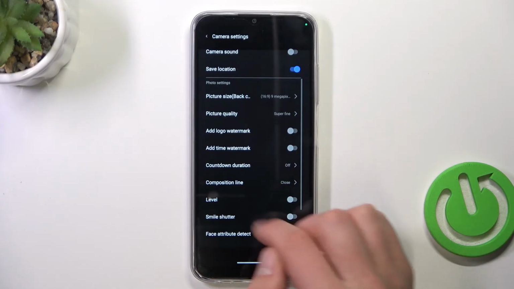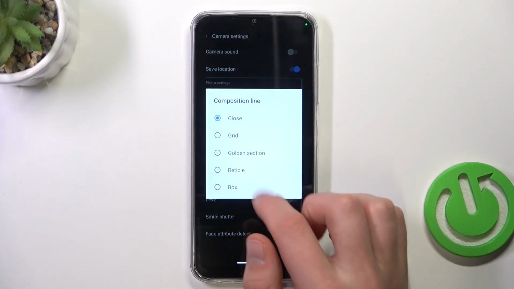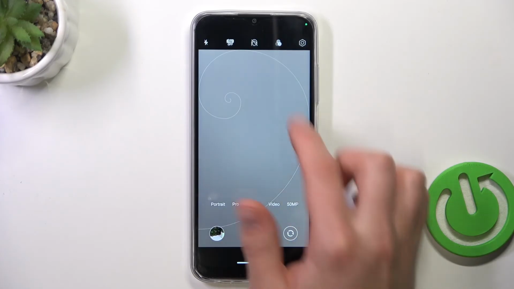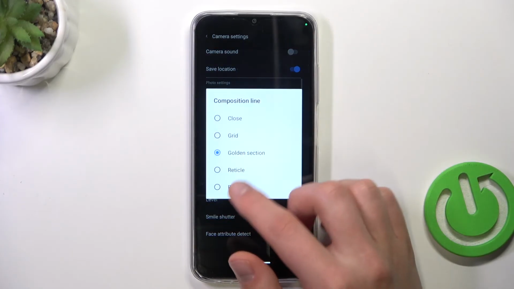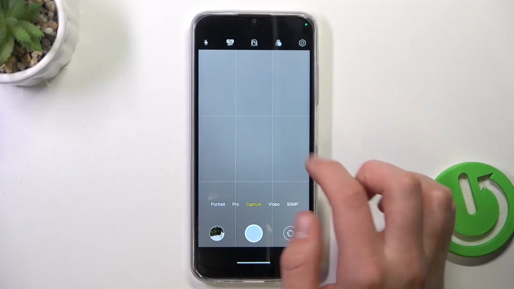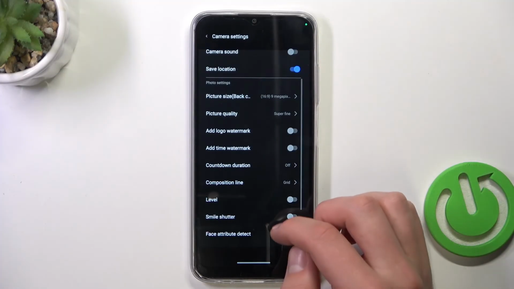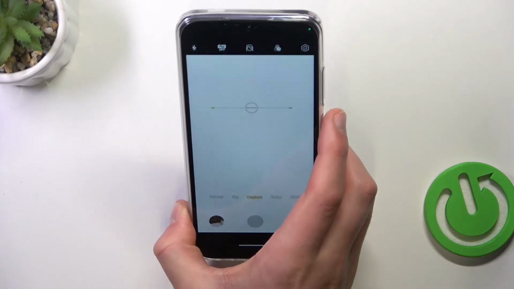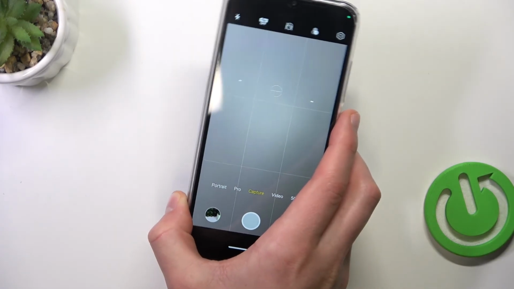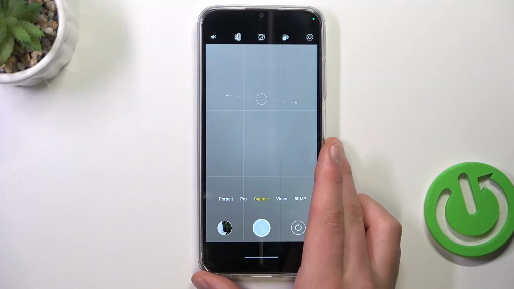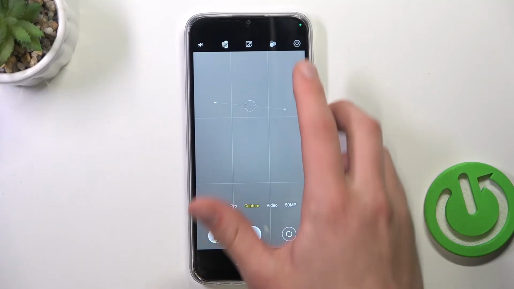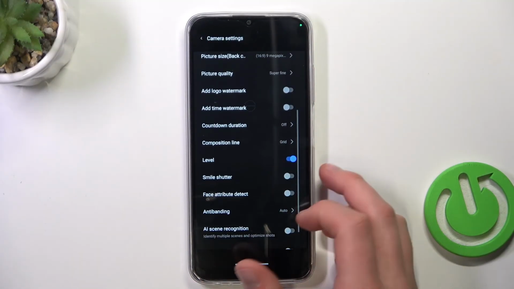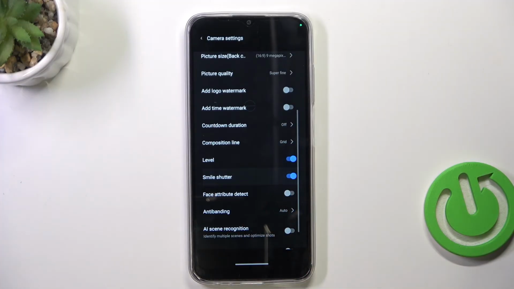We can also select the composition line, which is something like this, or a grid. So it just makes sure that something is in the center. You can also add level, so you are making sure that your pictures are aligned horizontally perfectly. Now let's go back. We also have something like smile shutter, so